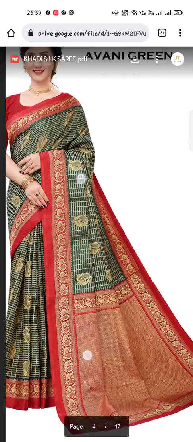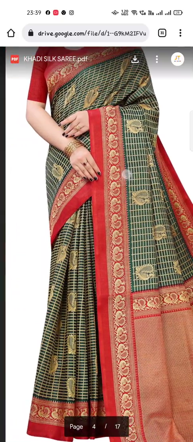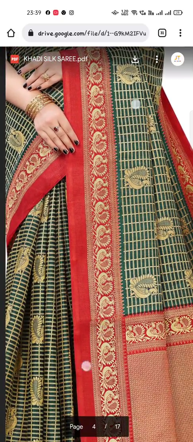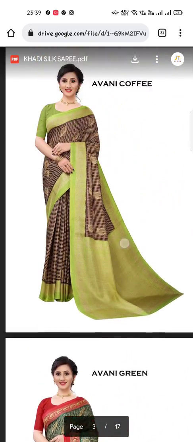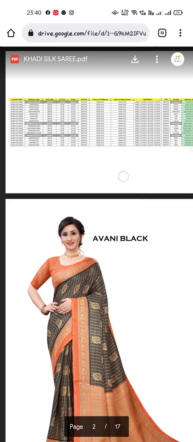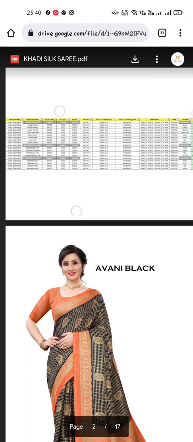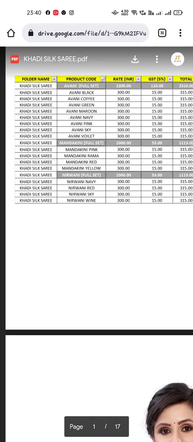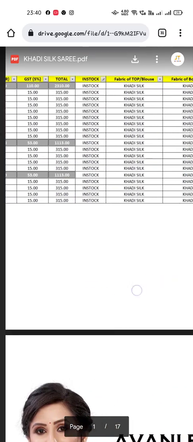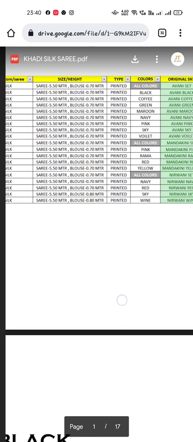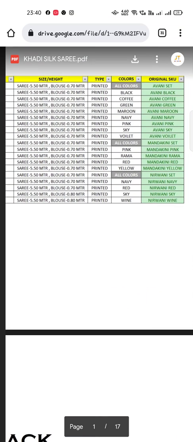There will be clarity in the image, with the price and folder name, and size also printed, and color names are written.